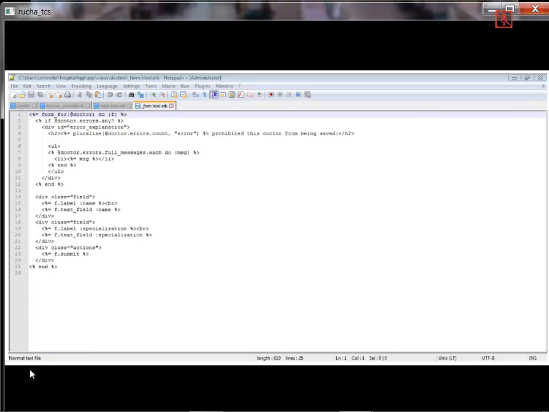So the first block that you see is for if any validation has failed. We have spoken about validations. So if any validation has failed, the error message which we should display to the user will appear in the first block. After that, we are making use of a div tag. Inside the div tag, we are making use of the text boxes and the label to let the user enter some